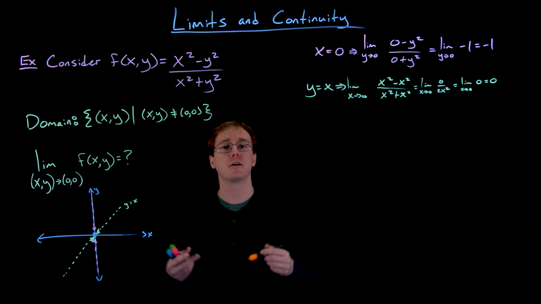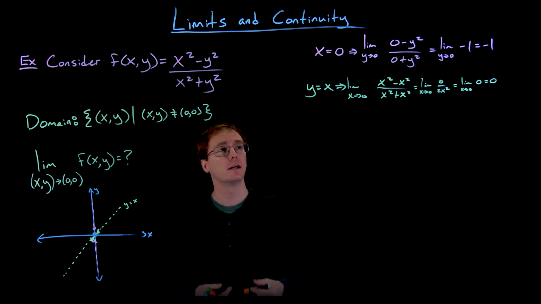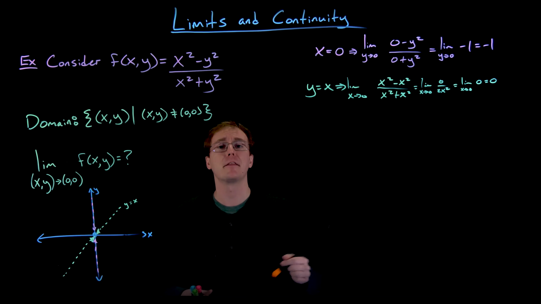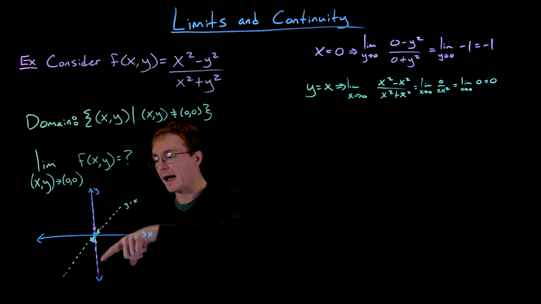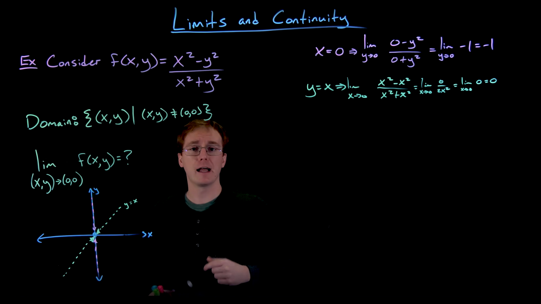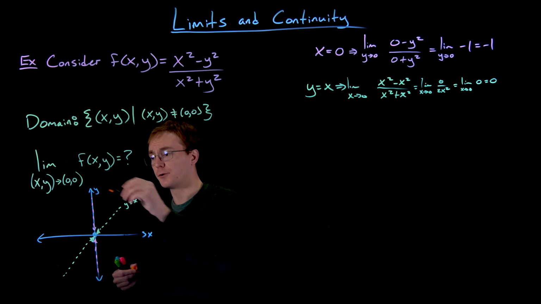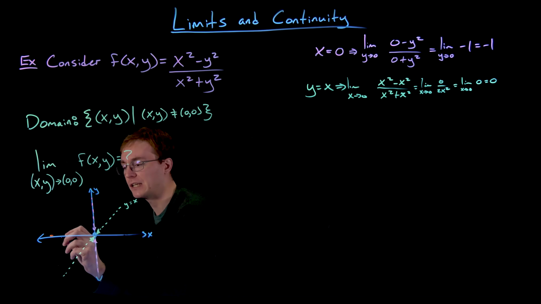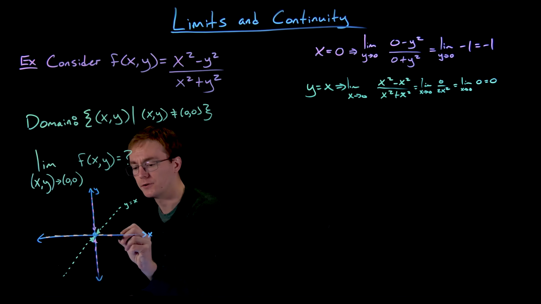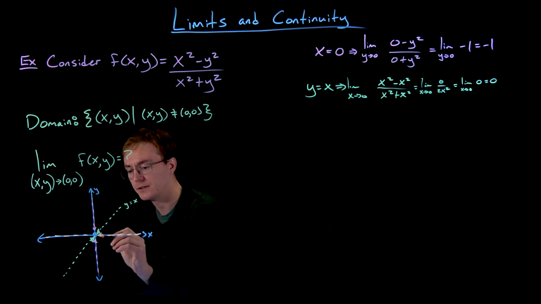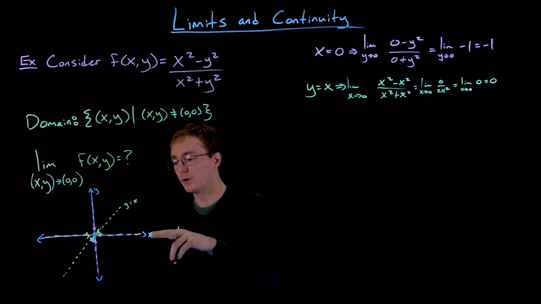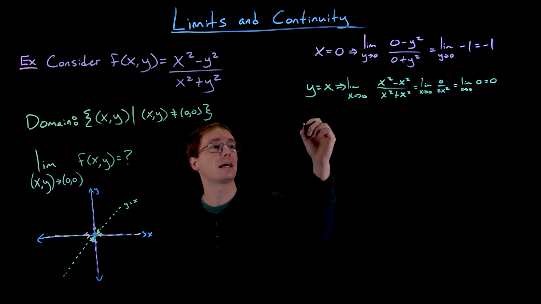But just for the sake of more practice and to see this example illustrated, let's go ahead and check out evaluating our limit from another direction. So we've come through the y-axis, we've come through this diagonal line, y equals x. We could also go through a parabolic line like y equals x squared. But for our last example here, let's just approach our point (0, 0) along the x-axis. And so if we want to approach (0, 0) through the x-axis, then y has to always be